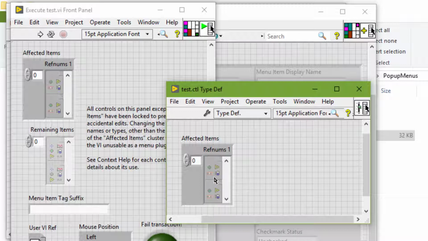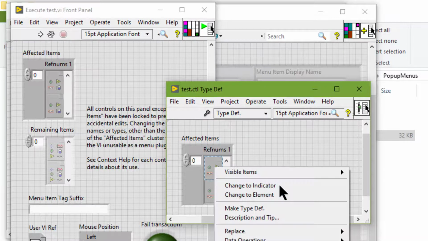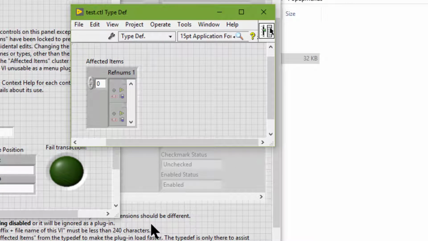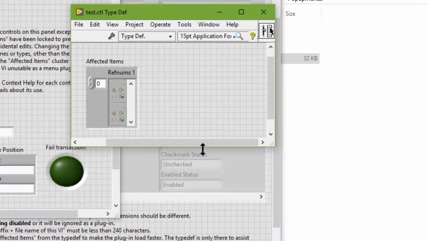Initially, the affected items control contains an array of the GObject refnum type, as you can see in the properties here,